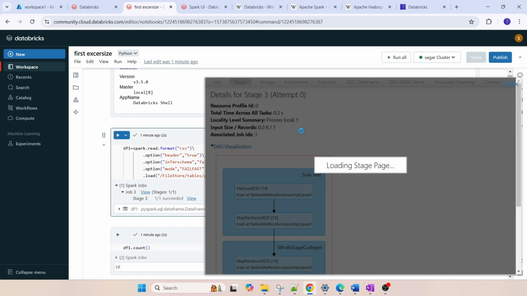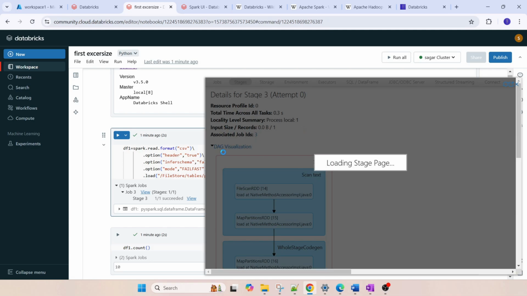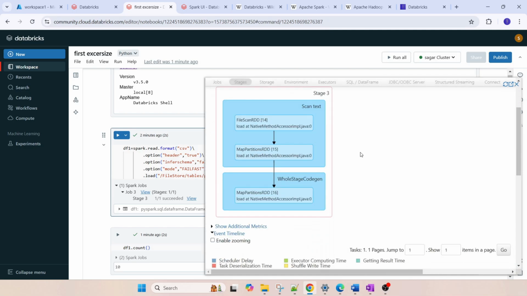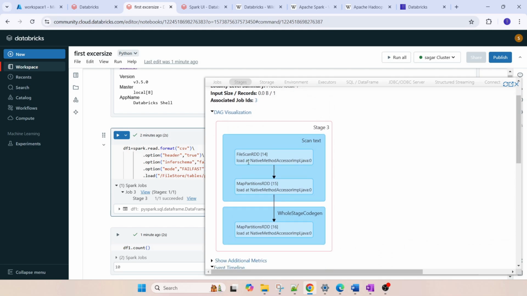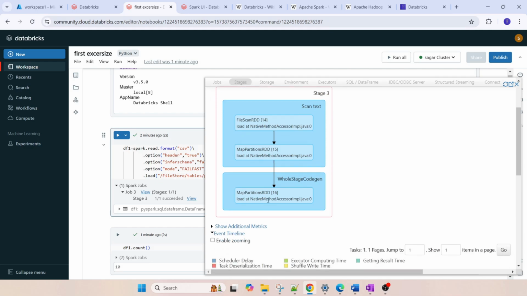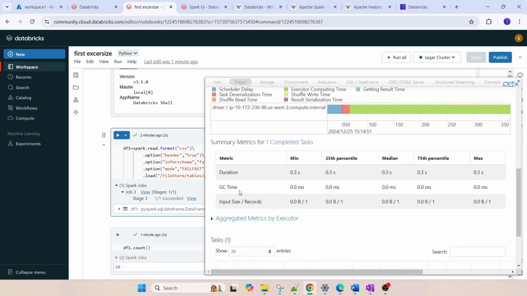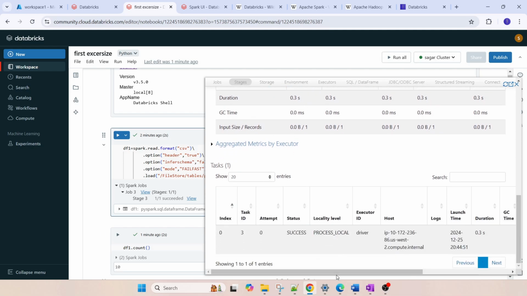Job, stage, and task, these are the three important things about the DAG, the directed acyclic graph, like the execution plan in SQL Server, the same thing happens over here. First scan RDD, then map partition RDD, okay. Then load the native methods with the help of the Java program, okay. And there is GC, okay. And then the duration, how much time is required to perform those operations,